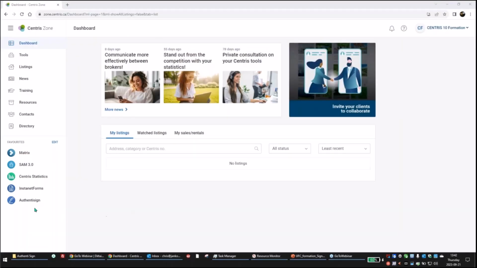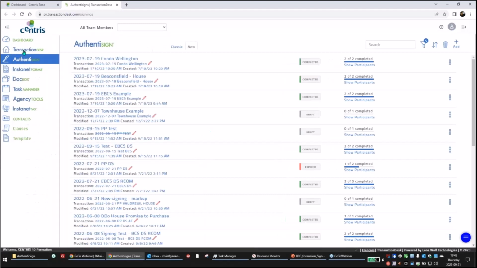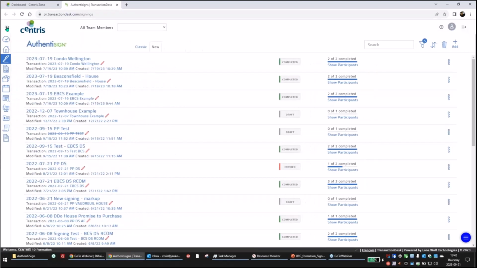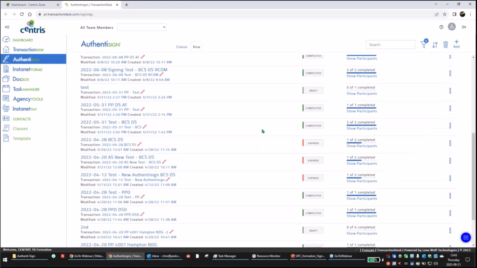We can go forward. Here we go to Authentisign, which is our electronic signature system here at Centris, right? And as you can see, it opens a new window and it loads us into the dashboard of Authentisign. You can click there on the three lines on the left side to give you the additional tools within this Authentisign tool. But as you can see, we just see signatures from before, from previous times, and the